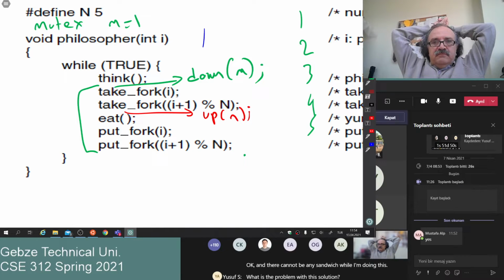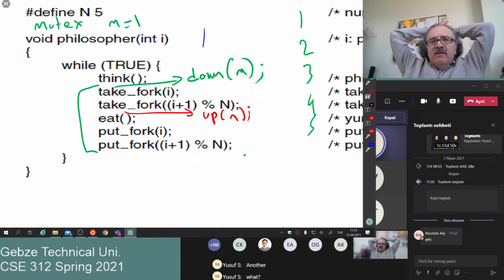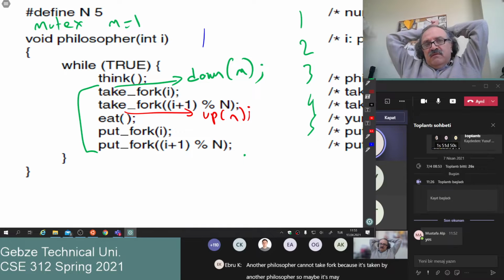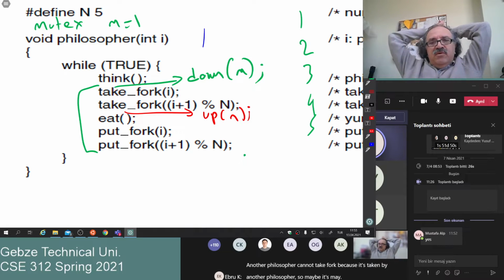Another philosopher may starve. Another what? Another philosopher cannot take the fork because it's taken by another philosopher. So he or she may starve because